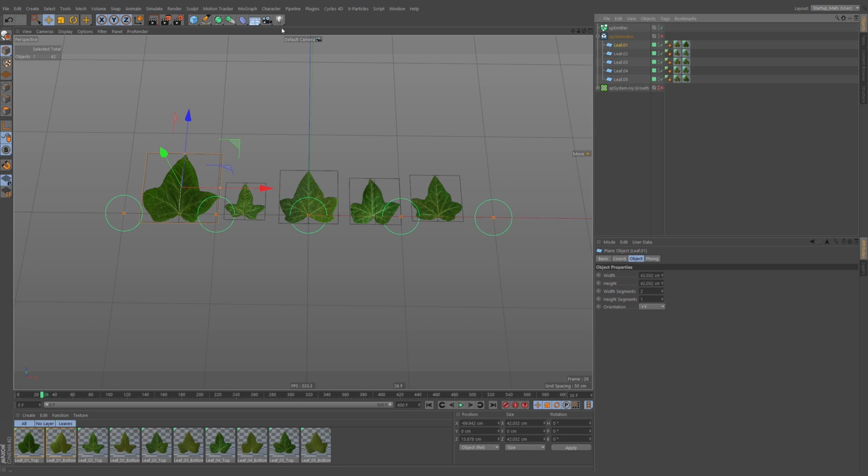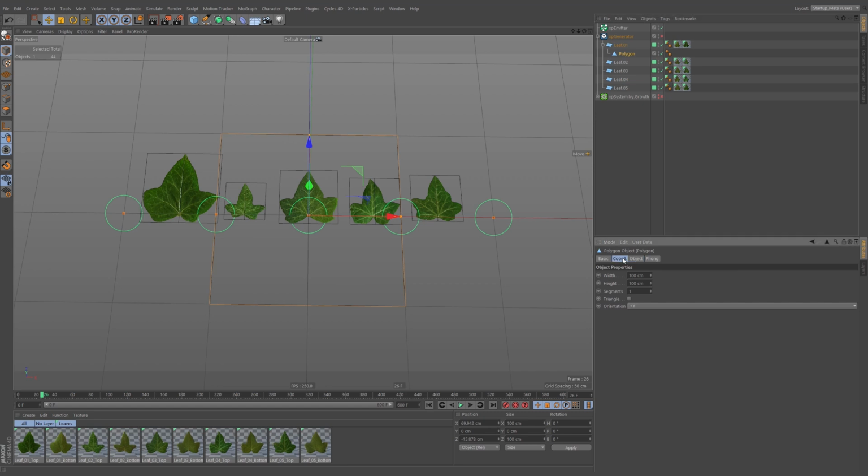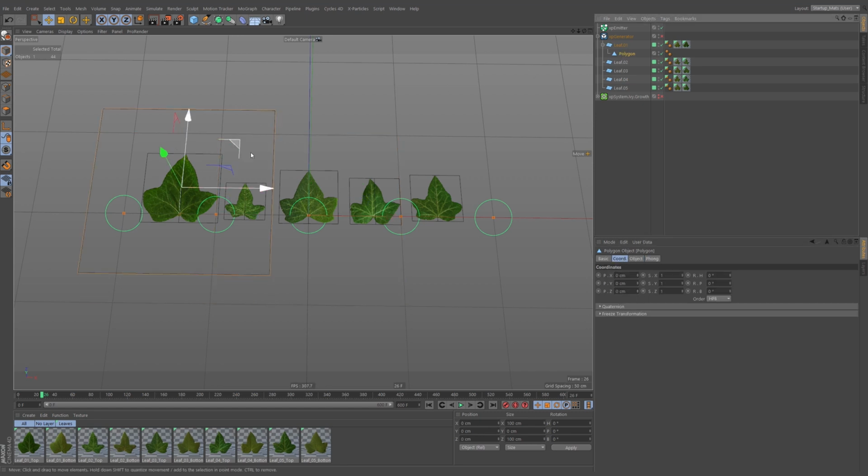and I'm going to drop in another, well, it's actually just a polygon object. So I'm just going to drop the polygon object in, and I'm going to drop it into the leaf here, and then I'm just going to zero out the PSR there. And you can see it's much, much larger now. Now, if I just press play with that one with a child that's much bigger than it,